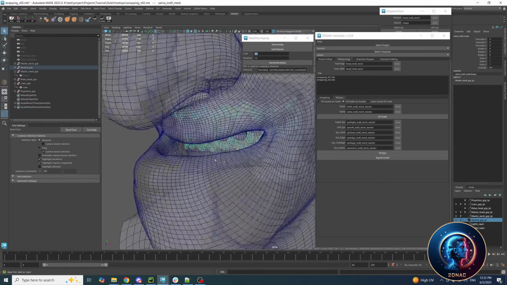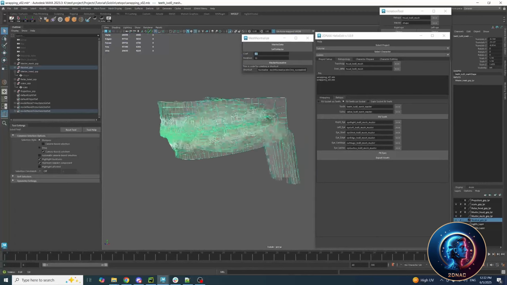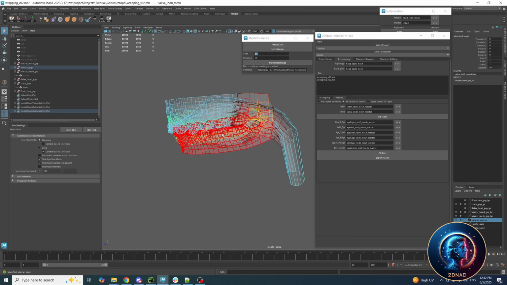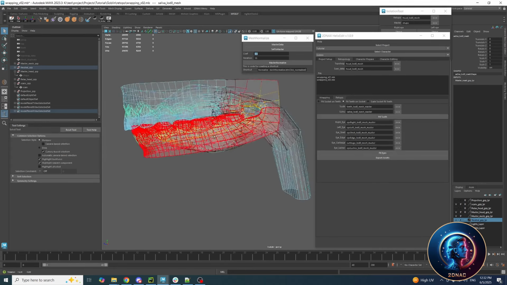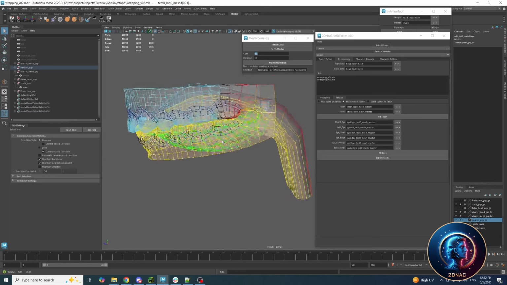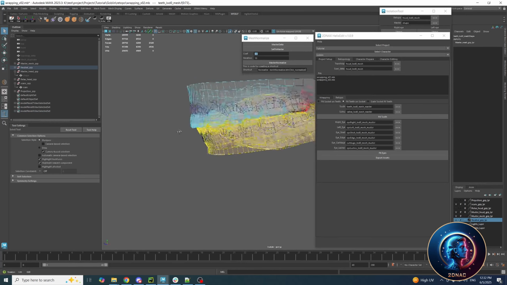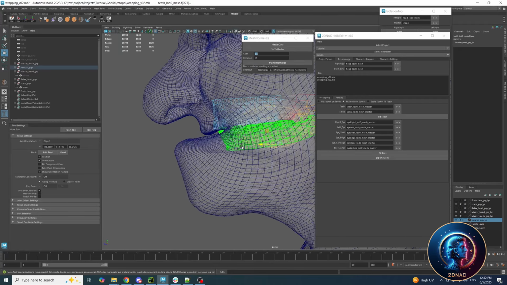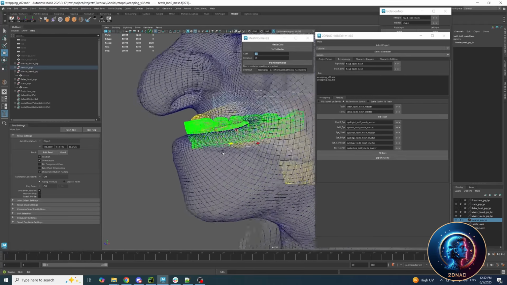We can edit teeth, for example, if we select a UV shell, this, and move it forward to match,